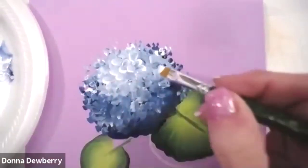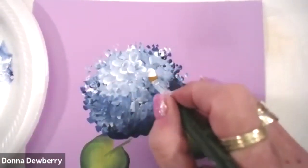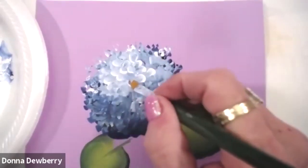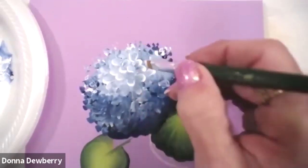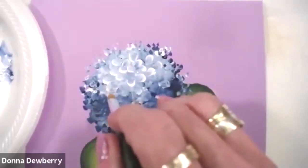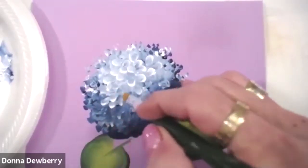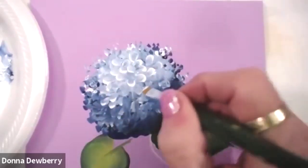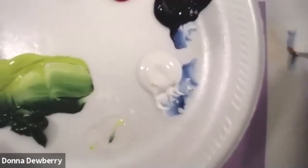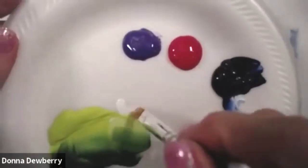And so watch what I'm doing. I'm pushing and curving a little bit. Touch, curve a little bit. And we're not doing exact petals, but we're just picking up white on one corner and turning. All right, so I just do that sometimes, just a little bit. Isn't that nice? Now, what's wonderful is I can wipe this off, pick up white, and come right here to